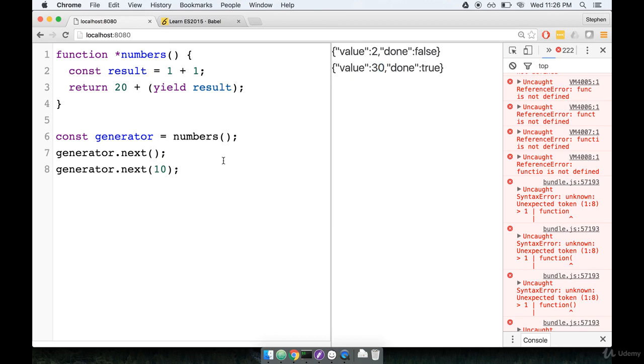So here's the really hard part to understand about generators. This is the part that's really hard. The first time I call next, the generator executes all the way up to the yield statement, and then it automatically returns whatever was yielded, in this case result. The next time I call generator.next, if I pass in a value, that value will be inserted in place of